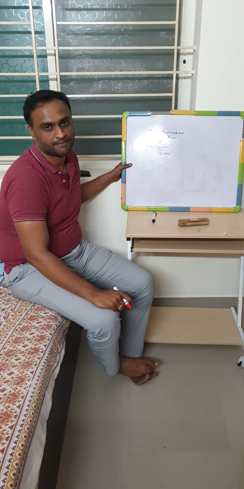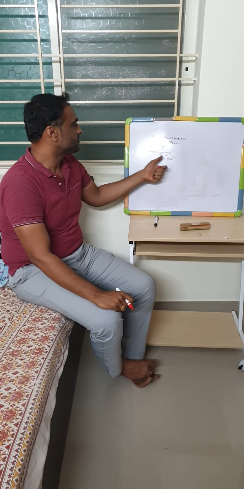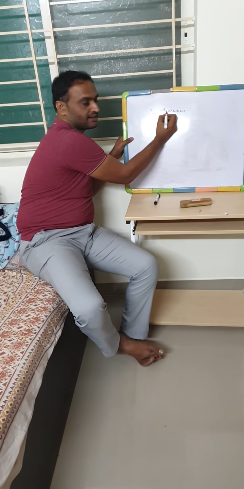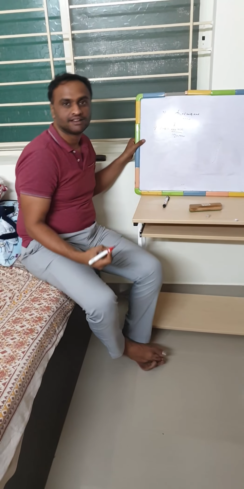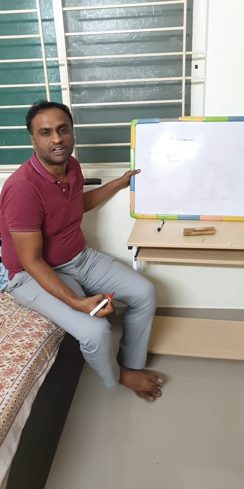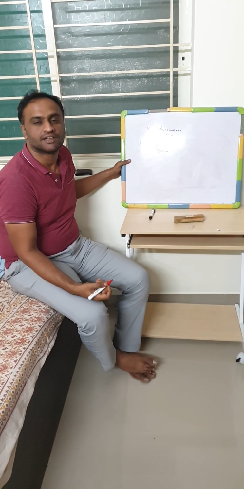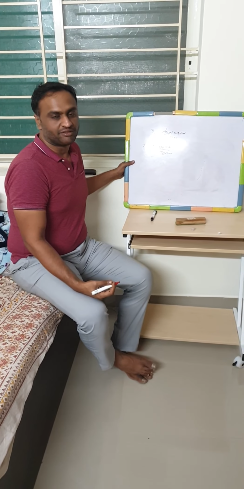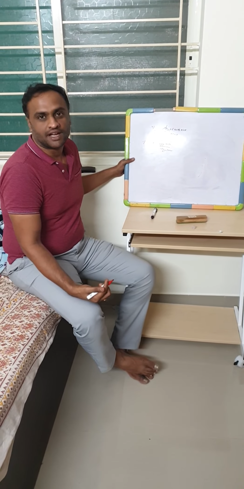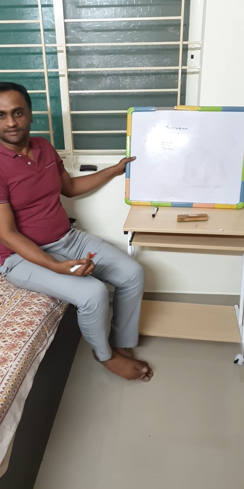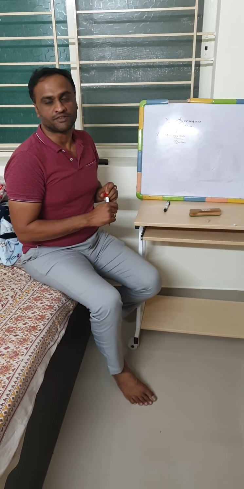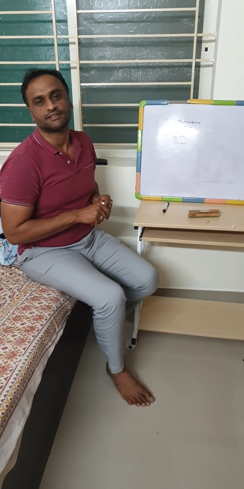So instead of thinking of sin theta as opposite by hypotenuse, if you visualize sin theta as the semi vertical chord in a unit circle, the second approach has a visual explanation for most of the problems I discussed. So I hope I have given some intuition on sin theta and cos theta to solve the problems effectively. Right? Thank you for this demo.